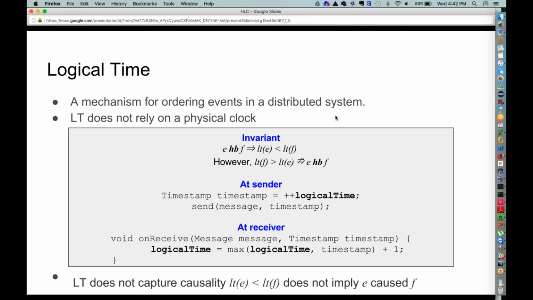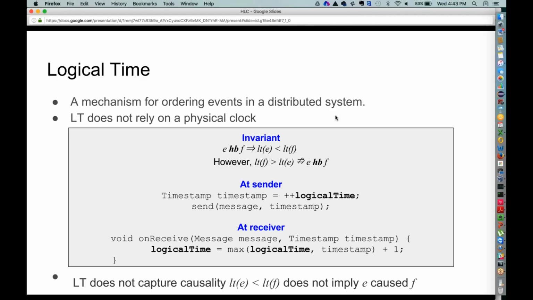So it gives you this property where if event A happened before event B, then the corresponding timestamps for those two events have a particular order. But if two events happened and they never really intersected and they happened in their own worlds, you cannot really reason about their timestamp values. So that's the basic property of this system.